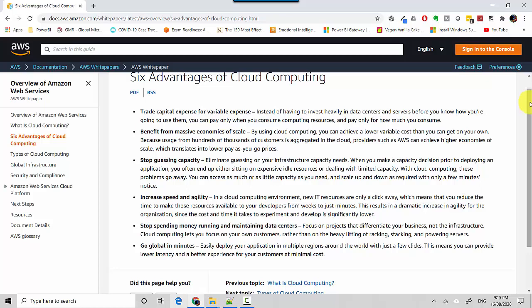Because you've got AWS or a Microsoft or a Google basically doing it for you, and they have these massive economies of scale because they're doing this for so many people, and you get a piece of their cloud. So essentially that's what it means to benefit from massive economies of scale.